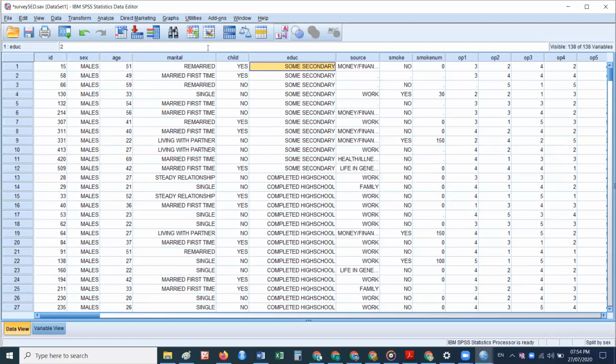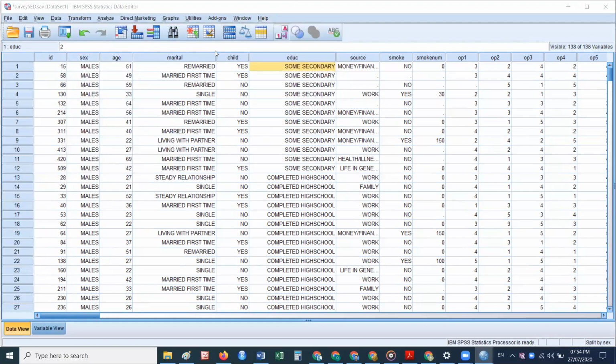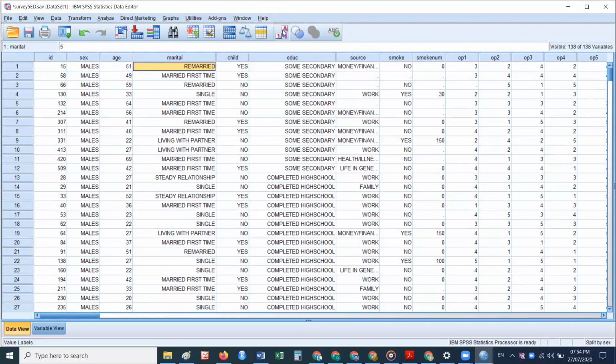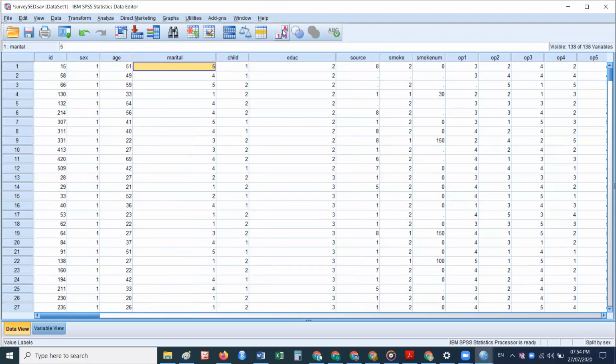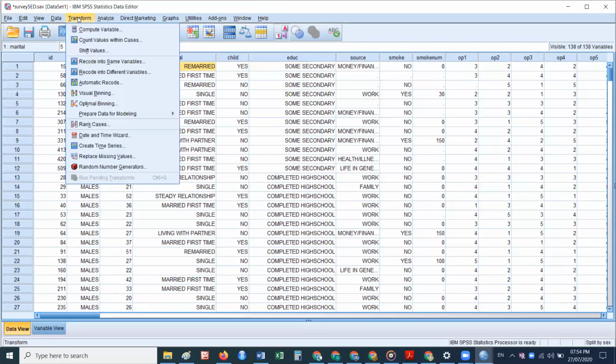So this is the option of recode into same variable. These are just like marital status. When I click here, 5. When I click again, it is remarried. Remarried, 5. This is called same variable. So this is the recoding by the same variable.